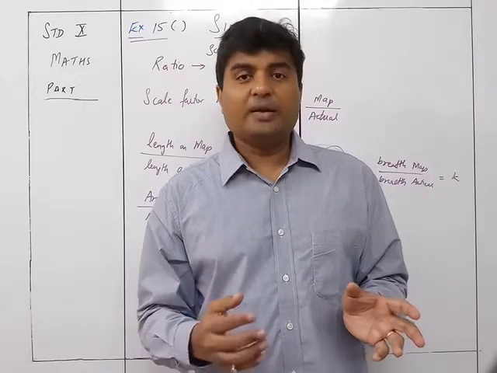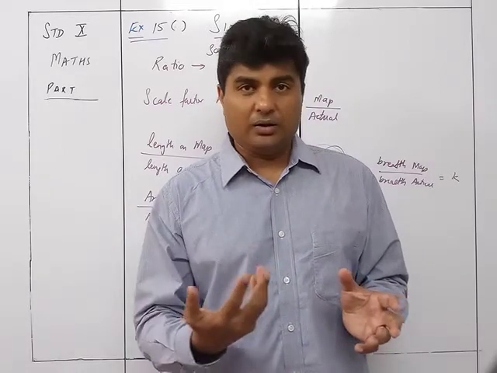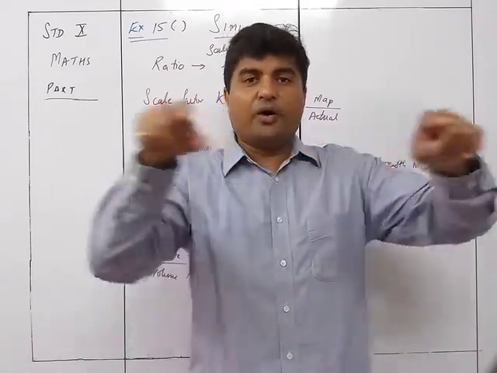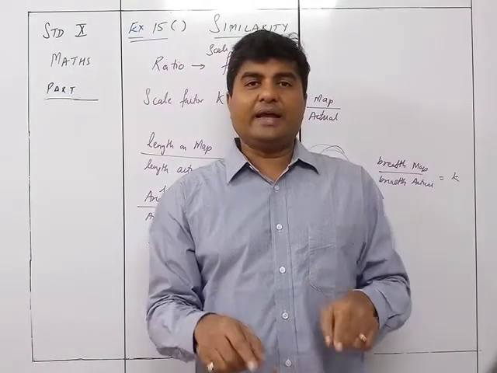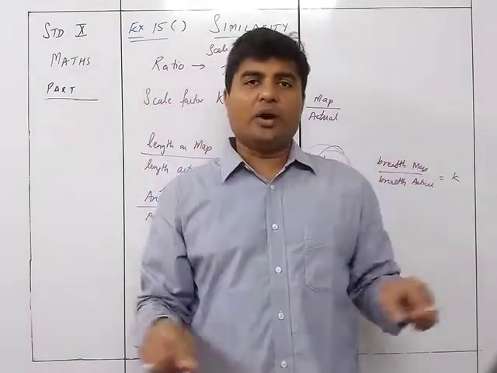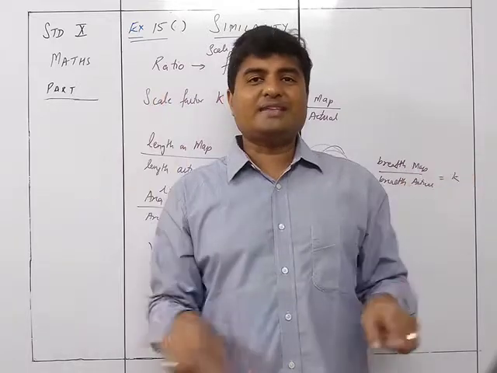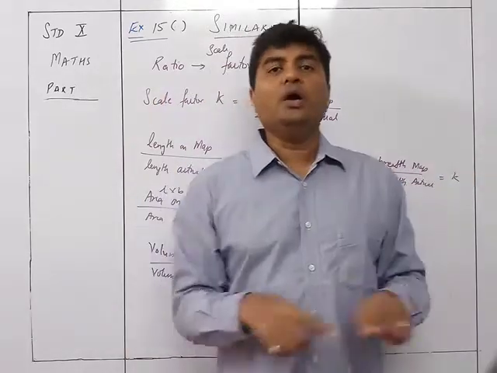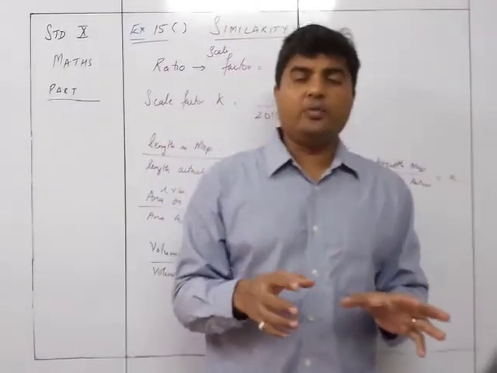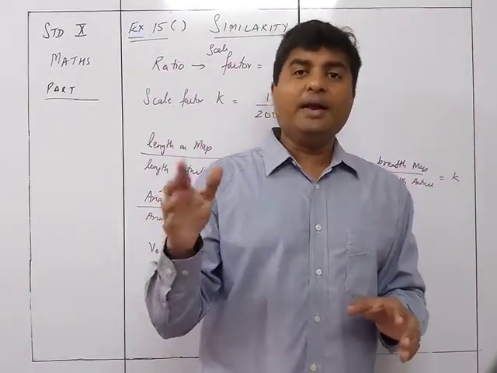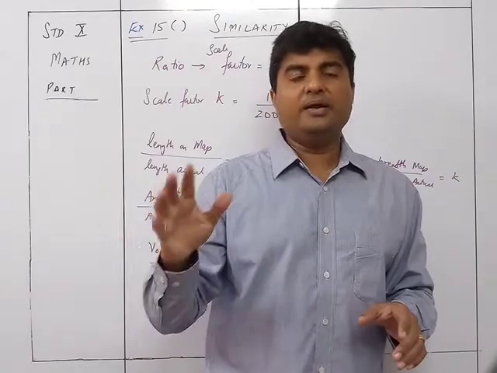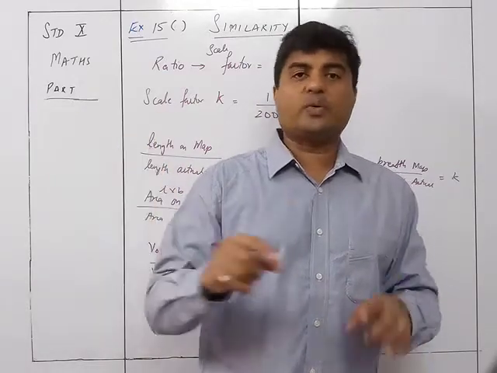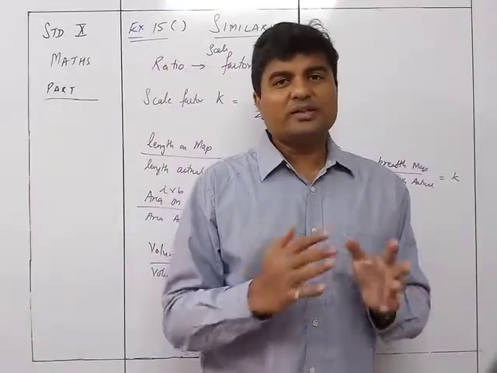Okay. Similarly, if I want to find out the area of a particular thing, let's say the area of the windshield, and I found out that it was 10 centimeters square on the model, then it will be equal to 10 into 300 into 300, so 90,000 centimeters square on the actual car. So this is how we are going to see.